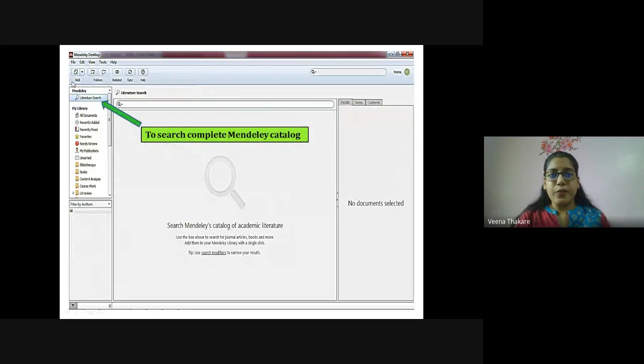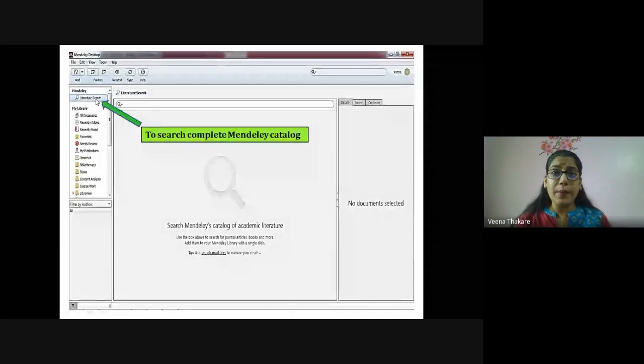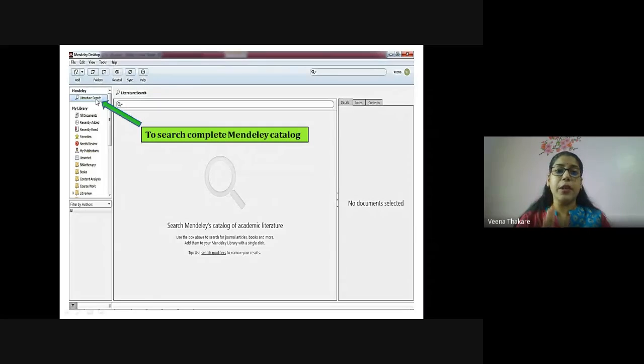As I said, very, very important, literature search. Now, once you click this, it will open the whole Mendeley catalog, not just your library, the worldwide Mendeley catalog. It will show you all the peer-reviewed material, not just articles. It will show you reports, monographs, at times books as well. How many of them are freely downloadable, how many are just references, or only abstracts can be visible,